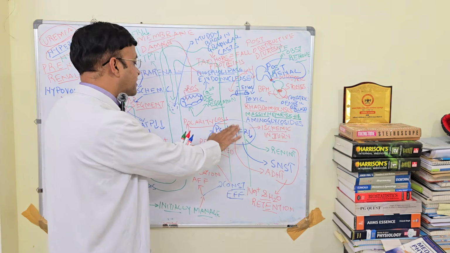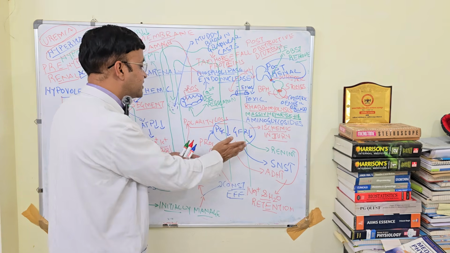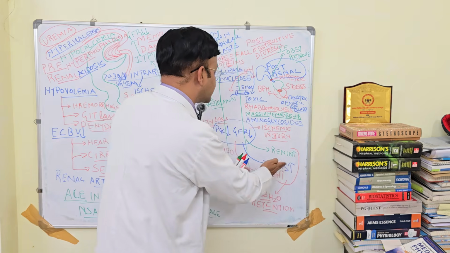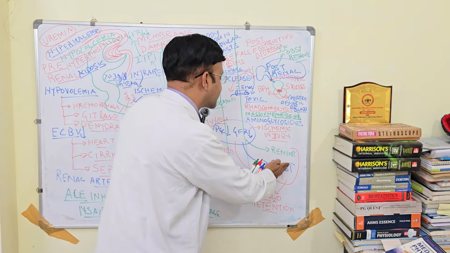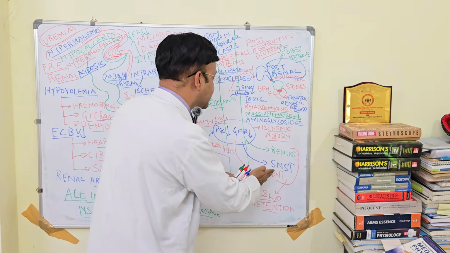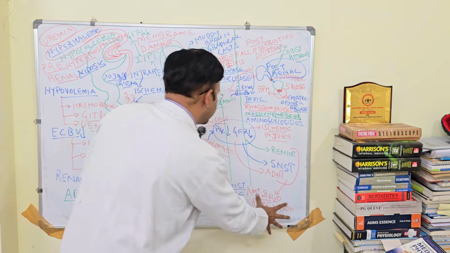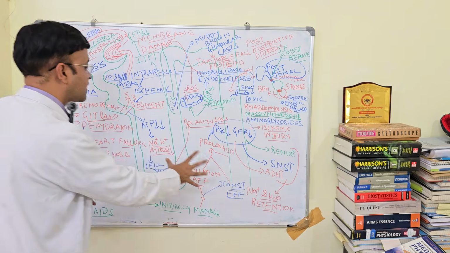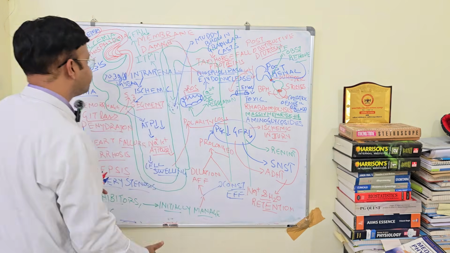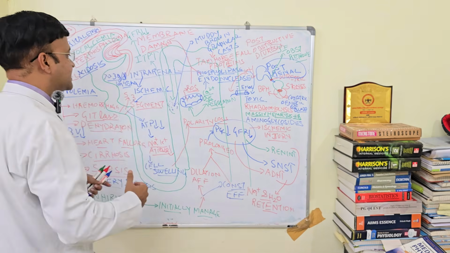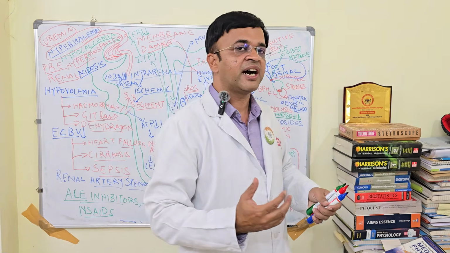And the fall in the pressure inside the glomerulus can stimulate your renin system, can stimulate your sympathetic nervous system, can stimulate the ADH release, which leads to sodium and water retention, which often leads to a vicious cycle in case of heart failure, right? Apart from that, there is something called intrarenal